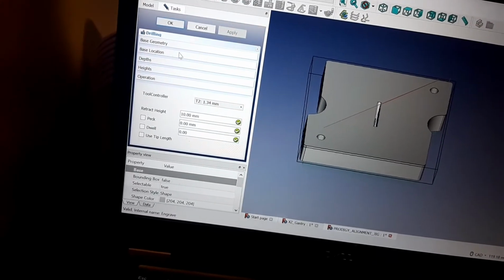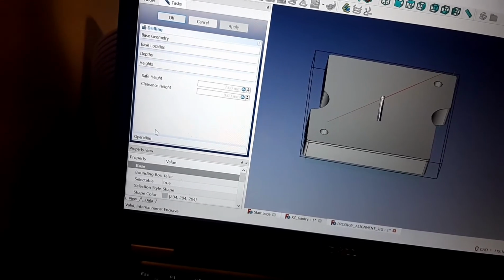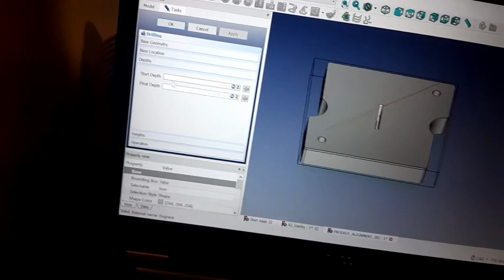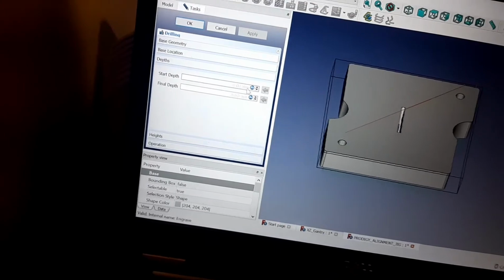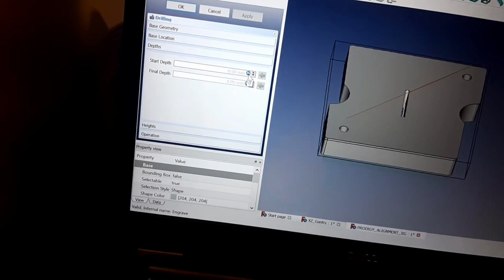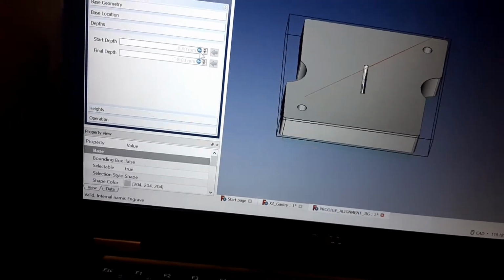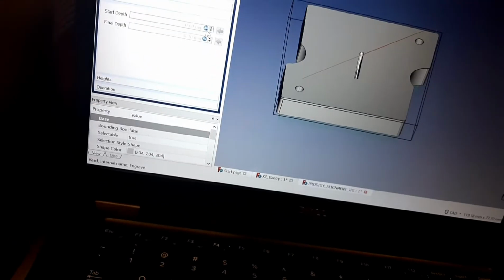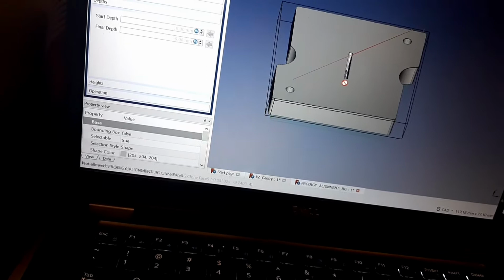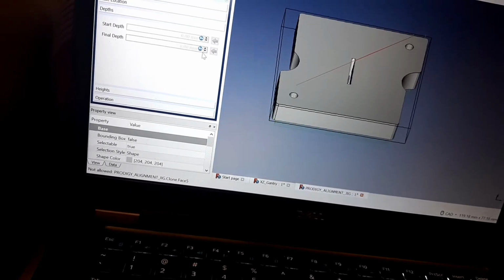The next thing, when I do my depths, the starting depth is always at 0. This is important because it lets me return with the tool to the right place. And the other thing this does is it prevents the tool from crashing in and breaking, because it's impossible to happen if it's always in the same 0 position. Because this is a flat surface, it makes sense that the 0 position always be in the same place. In this case, my final depth is -8,